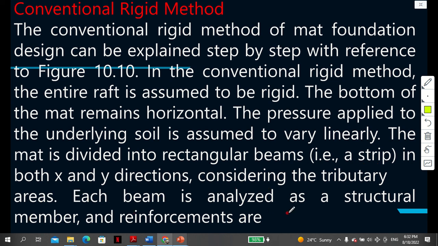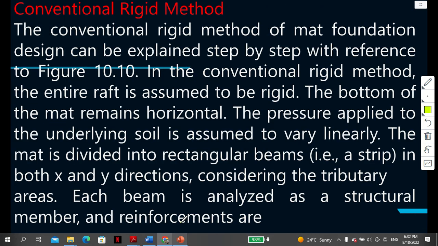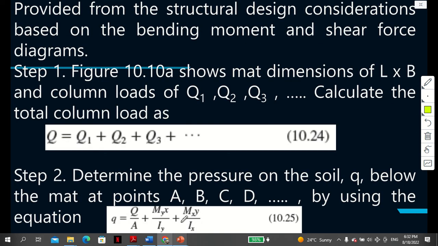Each beam is analyzed as a structural member, and reinforcements are provided for the structural design consideration based on the bending moment and shear force